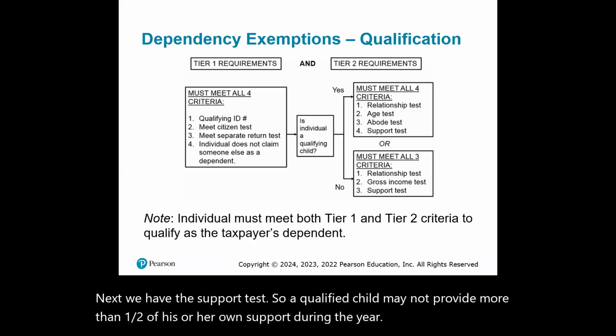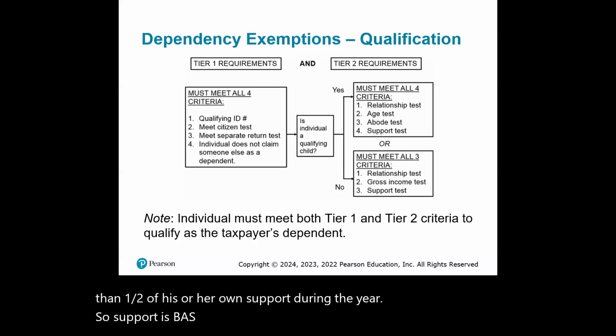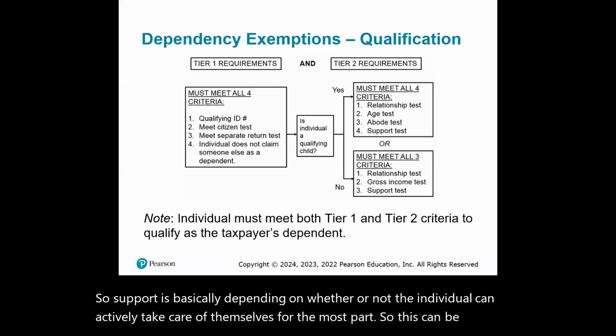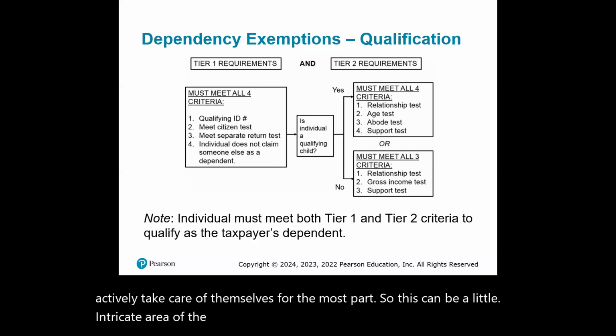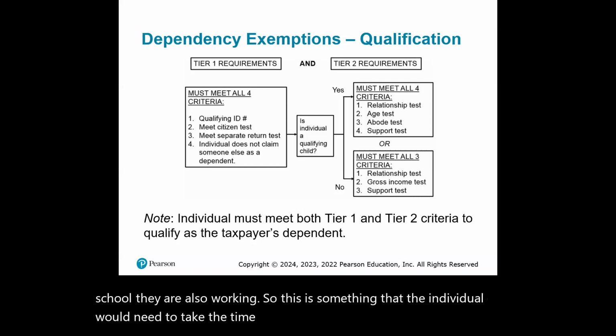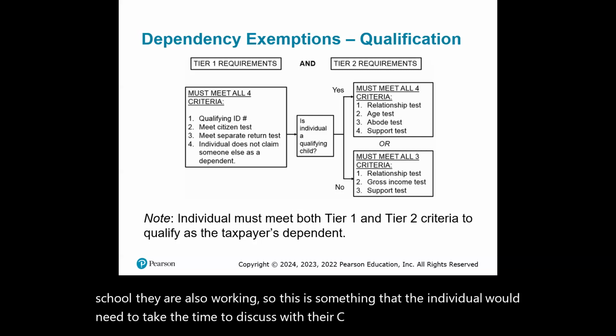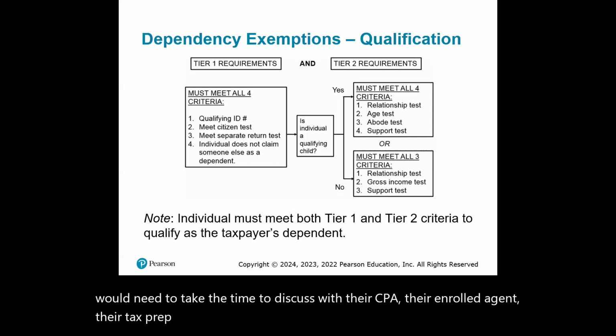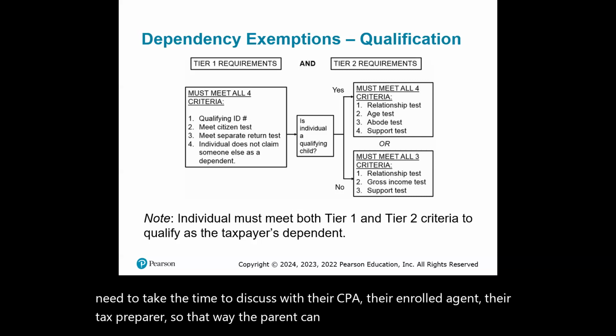So support is basically dependent on whether or not the individual can actively take care of themselves for the most part. This can be a little intricate area of the tax law because sometimes when individuals are in school, they are also working. So this is something that the individual would need to take the time to discuss with their CPA, their enrolled agent, their tax preparer, so that way the parent can ultimately determine whether or not that child is actually a